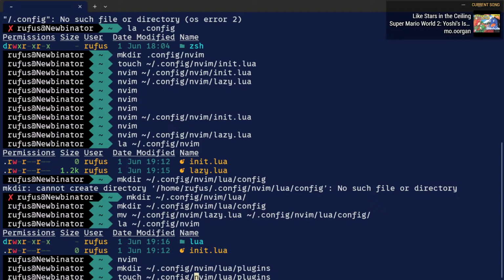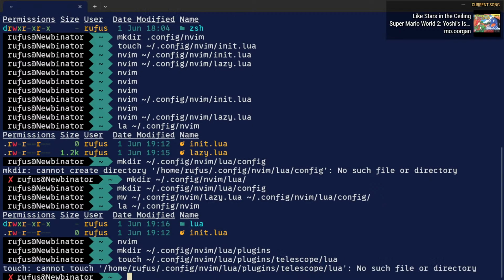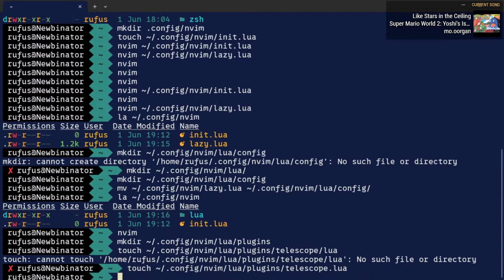We will make telescope.lua. Didn't we just make that? Oh, that's not a dot, that's why. And now we can